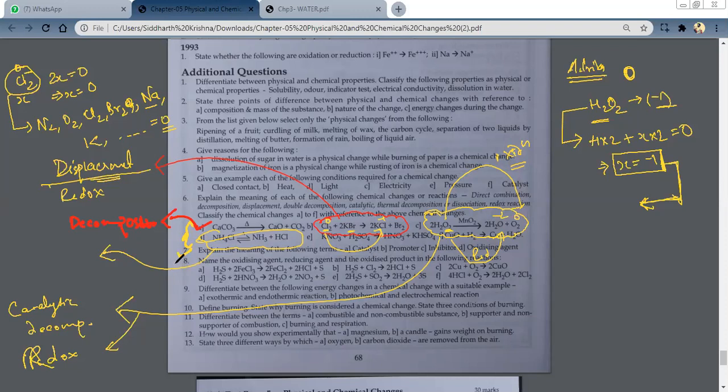Okay. Swapnavit, can you tell this? Is it redox or not? Sir, actually, that one is a thermal dissociation, not thermal decomposition. Yes, thermal decomposition, dissociation, almost the same thing. Is it redox or not? That's what I was asking. Swapnavit, can you tell? Hello, Swapnavit. Can you hear me?